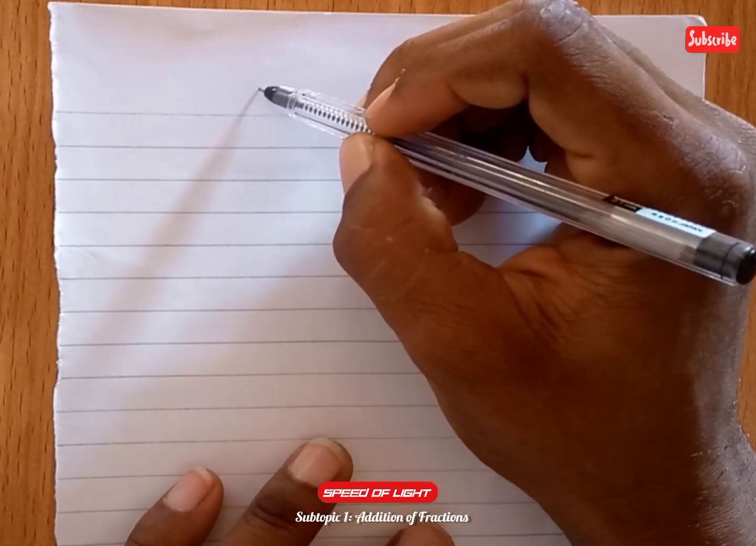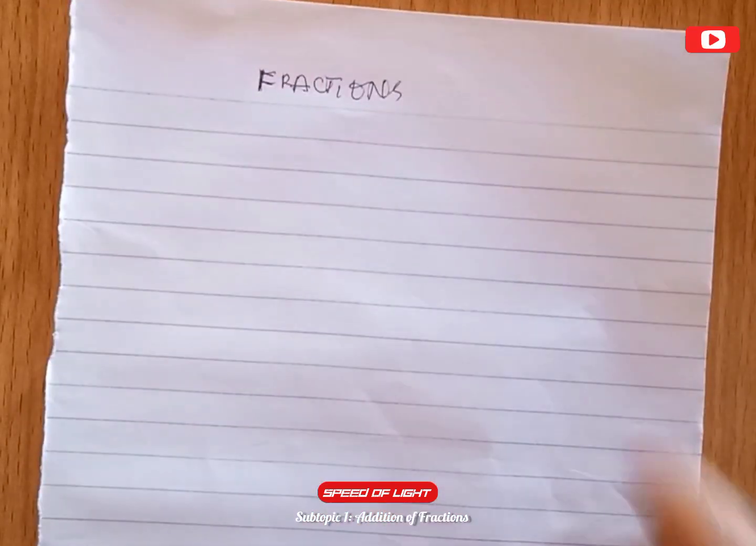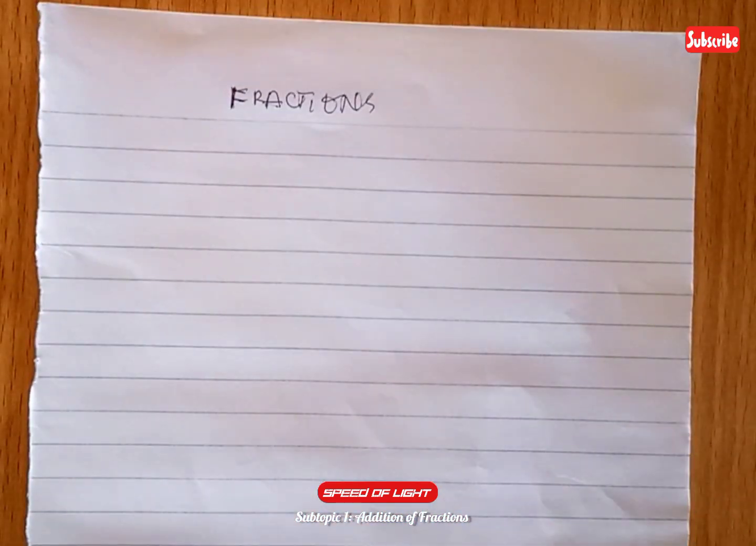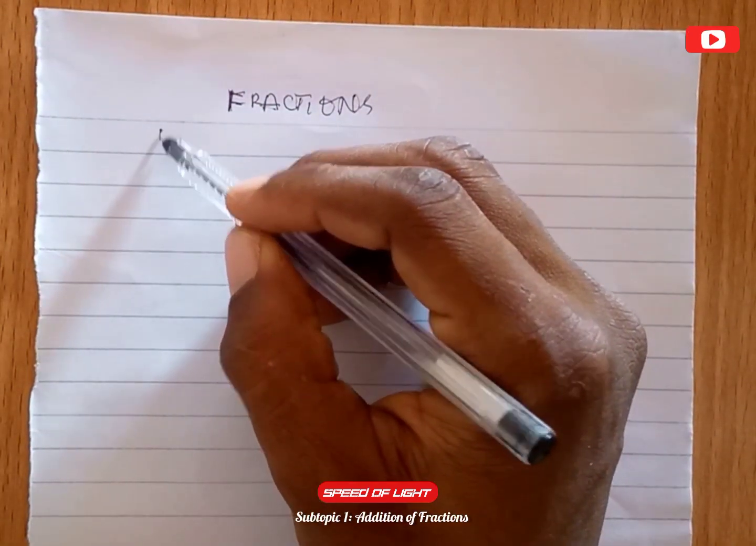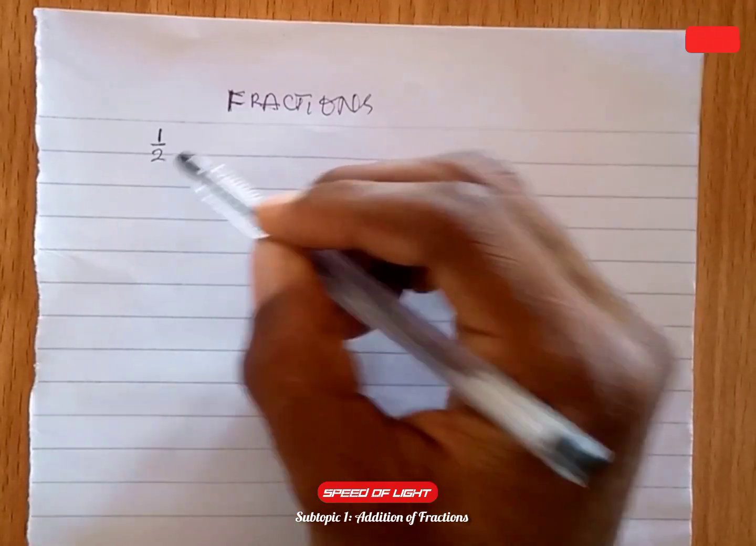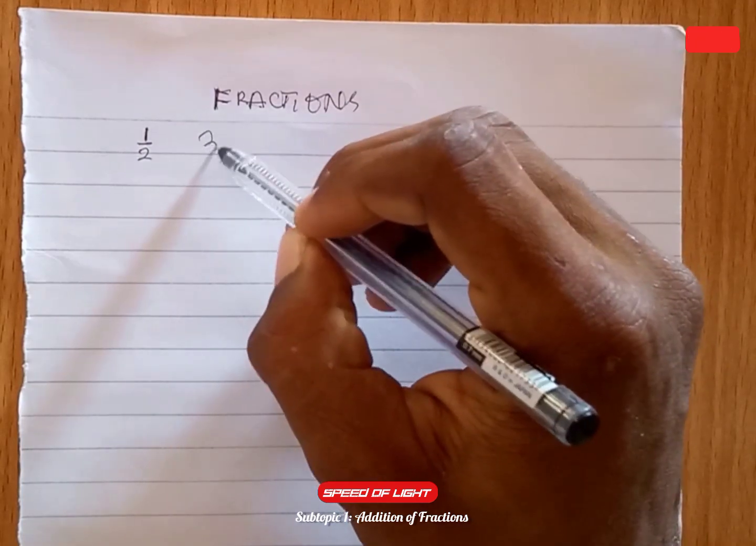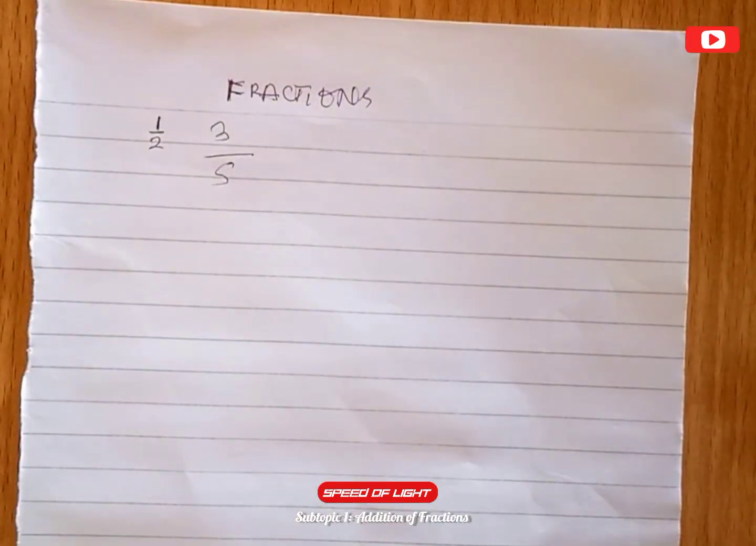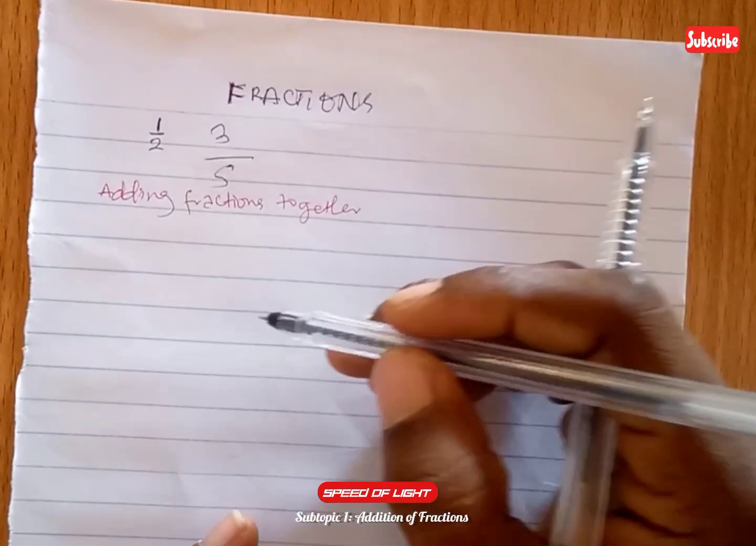So today we're going to be looking at a topic called fractions. Regarding fractions, we all understand what fractions are: part of a whole. We have a fraction like 1 over 2. That's an example of a fraction. We have a fraction like 3 over 5. Understand? So that's a fraction. Now let's learn how to add fractions together. Let's say we have a question like